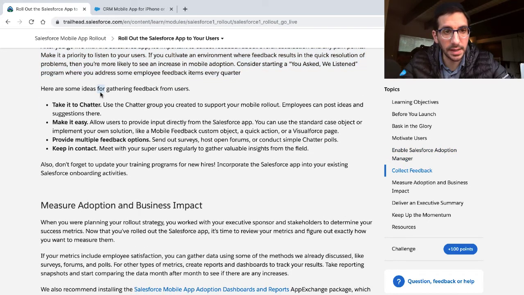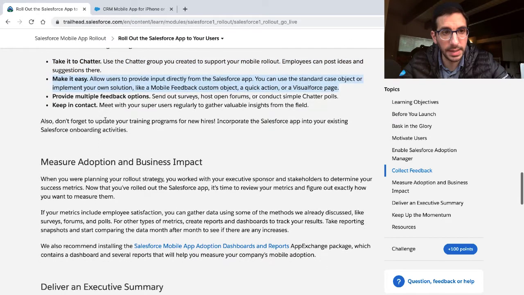Here are some ideas for getting feedback from users. Take it to Chatter, or use the Chatter group you created to support your mobile rollout. Employees can post ideas and suggestions there. Make it easy. Allow users to provide input directly from the Salesforce app. You can use a standard case object or implement